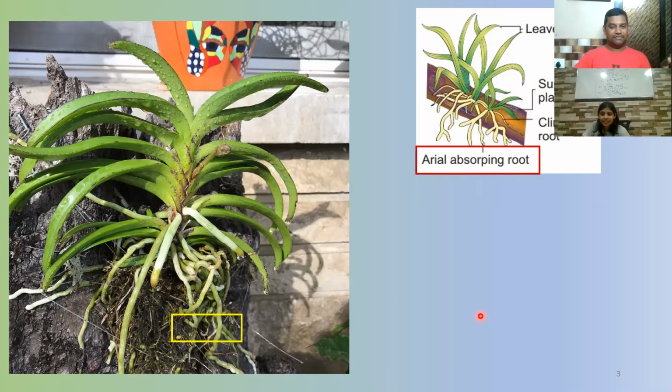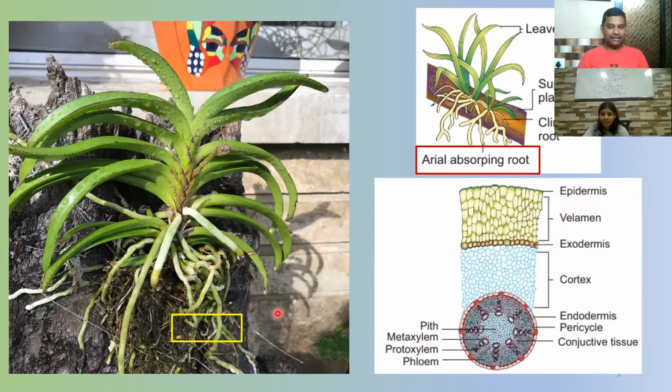Absorbing roots, and the same thing you can see over here. These are just hanging in the air. In the air, there is a lot of moisture. The roots have the capability to directly absorb the moisture from the air. When we take a section of such roots and look at it, you will find a very interesting tissue inside